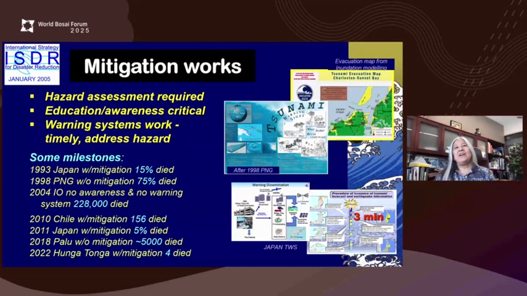But what we've done and know, and this is actually a slide that I showed about 20 years ago at the ISDR meeting in Kobe, is really built on what we have learned as we started a system in 1965 in the Pacific, and that's simply that mitigation works. If we have a hazard assessment, if we know where the threat is greatest, if we know what the inundation might be, what an evacuation is